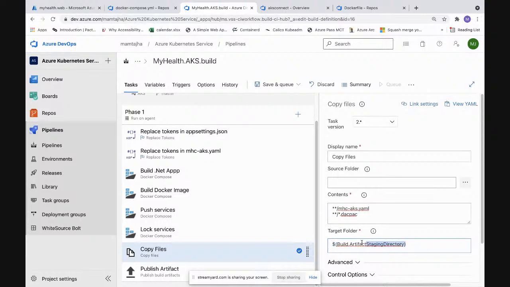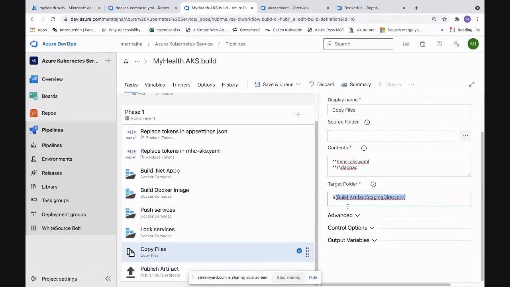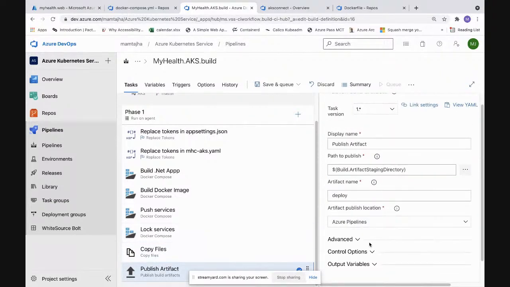This is a keyword, a predefined variable in Azure DevOps. I have artifacts produced on the pipeline level itself so that from this pipeline itself, my release pipeline can pick up. I'm not saving it in a different place. So this is the only piece which we have to do here. I have copied it to this place. Now I will publish it so that my pipeline can pick up.